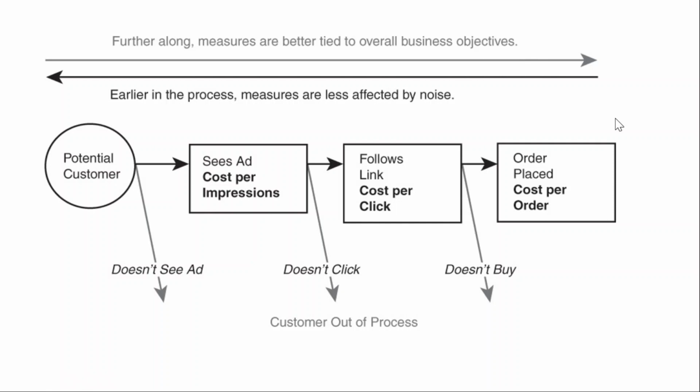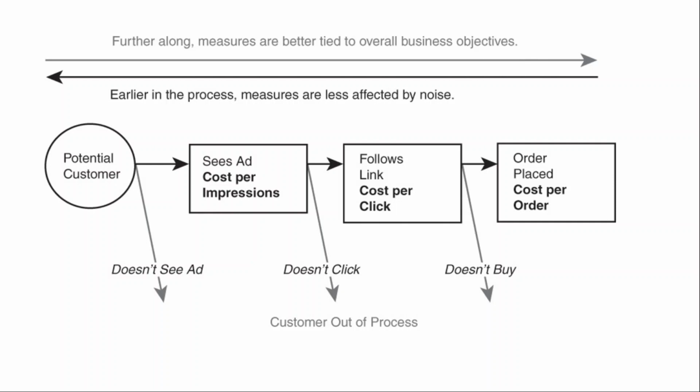Something else to think about here. We have this process that consumers go through when they see ads, especially in the digital environment. So you've got a potential customer. If this person never sees an ad, they're out of the process. They're never going to buy the product because they never know about it. But if consumers see the ad, then they're included in what we call cost per impression. You've paid so much money for this particular ad. Each view of the ad goes into the denominator of cost per impression,